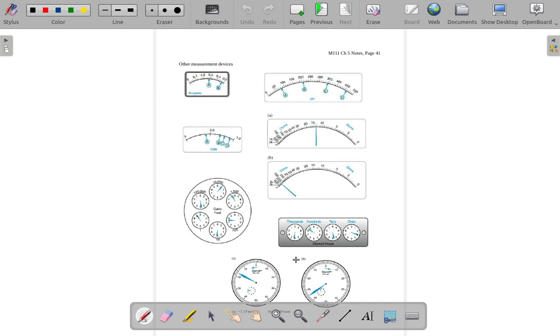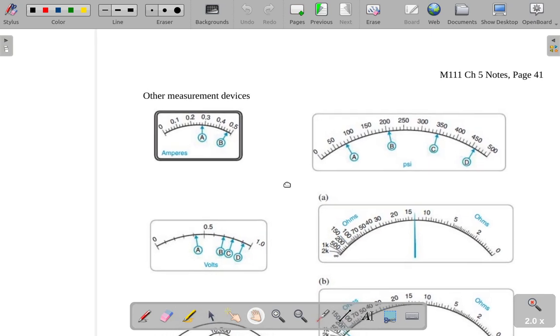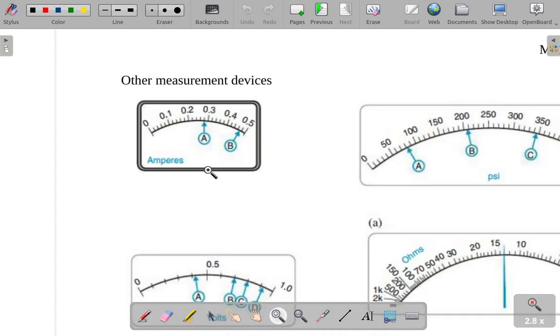Alright, we're going to finish off by looking at some other measurement devices that might be used. There are so many different types of measurement devices that you see out there that you might have to just kind of wing it and realize what's going on. So if you're measuring amps, if you have a multimeter or something like that, you might have to just count